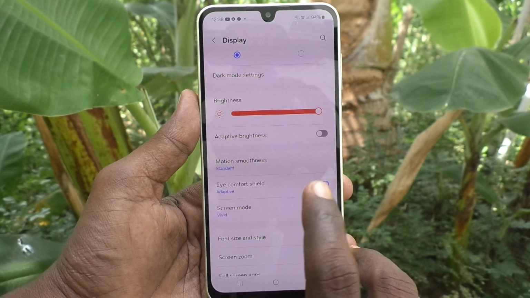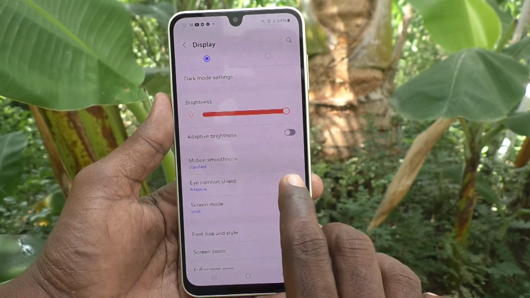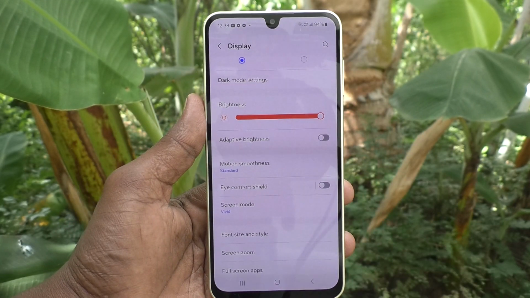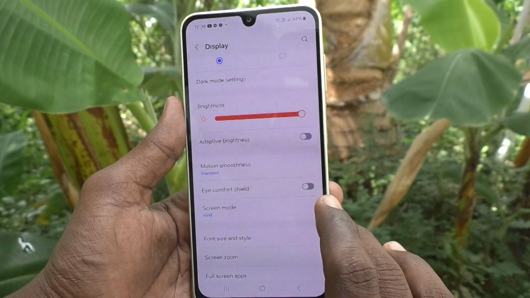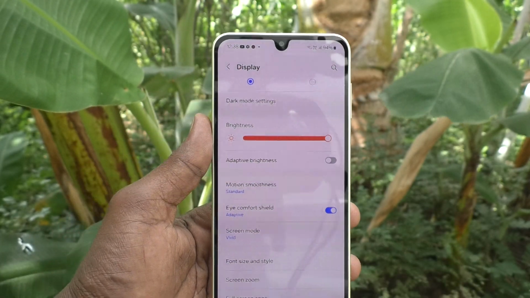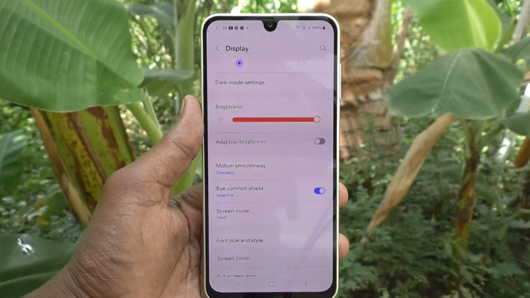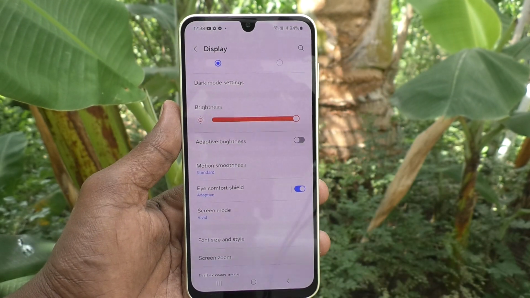Suppose if you would like to turn off this Eye Comfort Shield, you have to just turn off this button so that you will get a normal blue white light. Okay, so in this way you can easily activate or deactivate Eye Comfort Shield in your phone